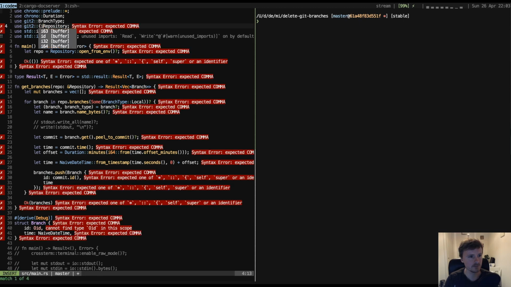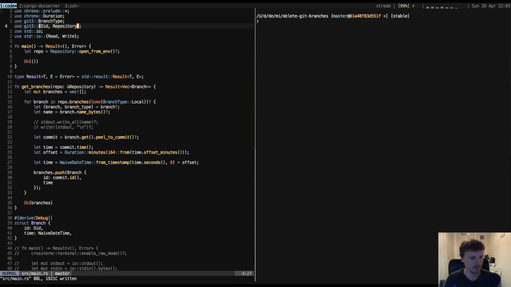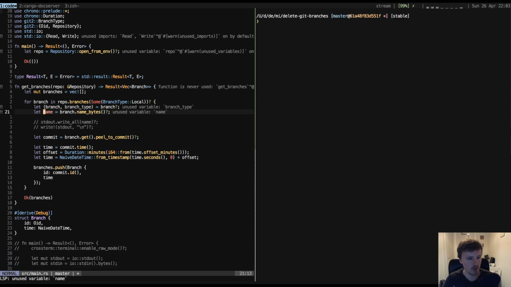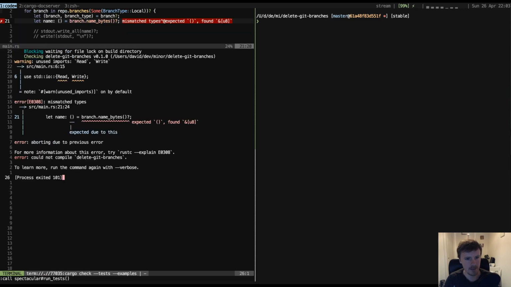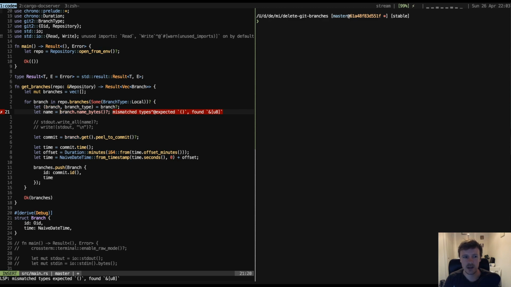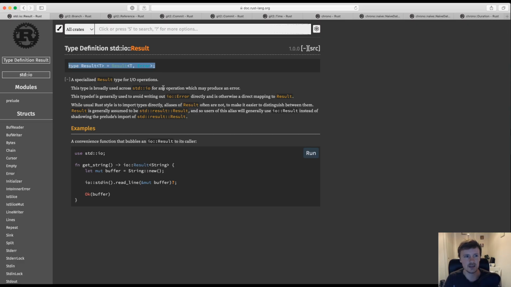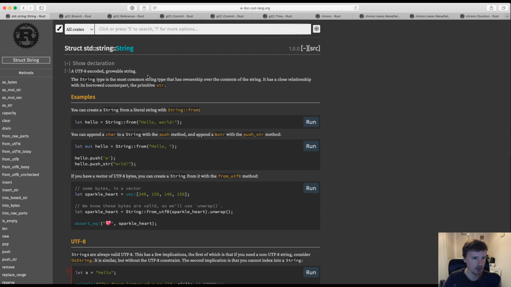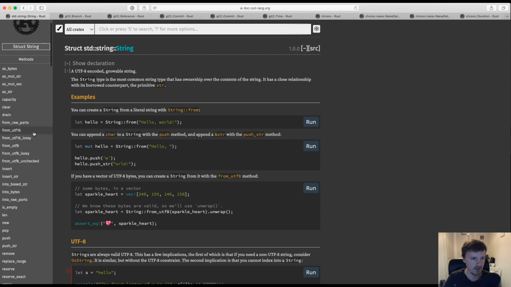Use. And we want the name. What type was that? I don't remember. That was bytes. Let's say that we just require that your type is actually UTF-8, then we can just store it as a literal string. I guess it's very uncommon that you have branch names that don't contain UTF-8. So you can create a string from UTF-8 by saying